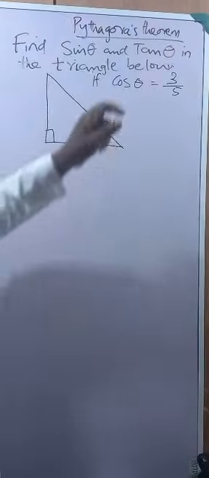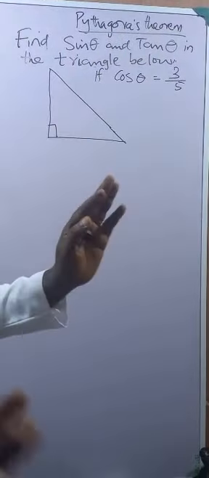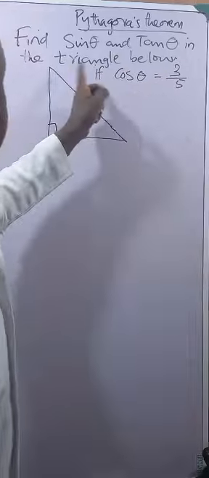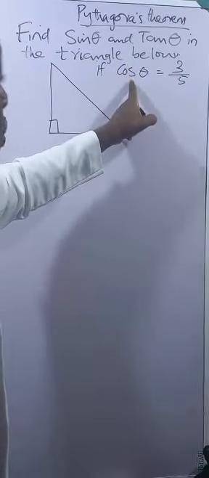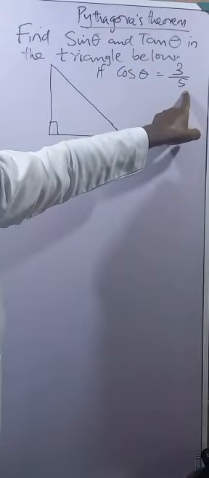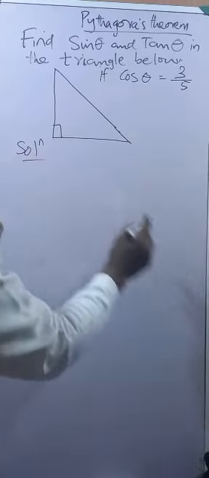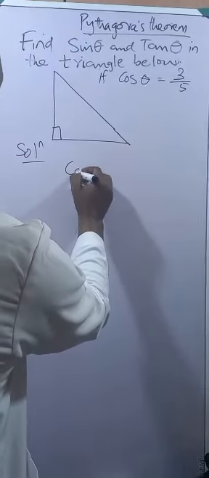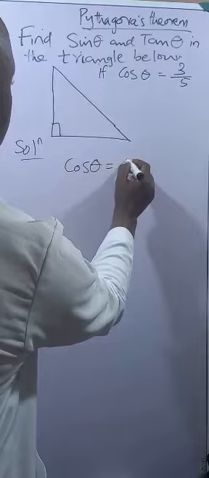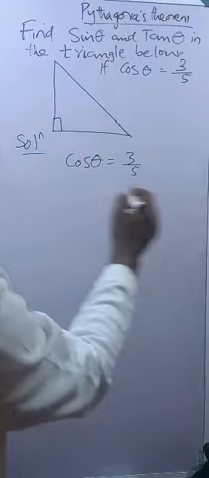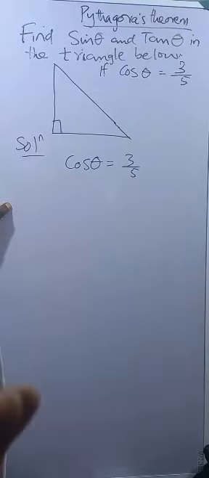Today we have a question on Pythagoras theorem. It says, find sin theta and tan theta in the triangle below if cos theta is equal to 3 over 5. So we are given cos theta. Alright, so solution. Now, given that cos theta is equal to 3 over 5,